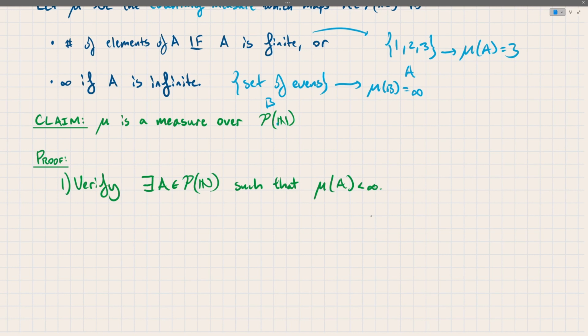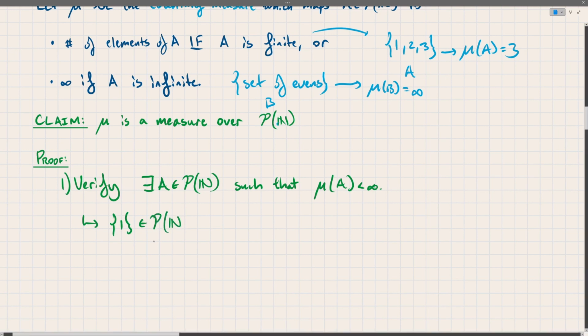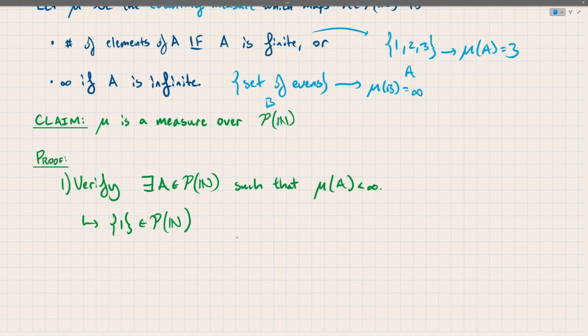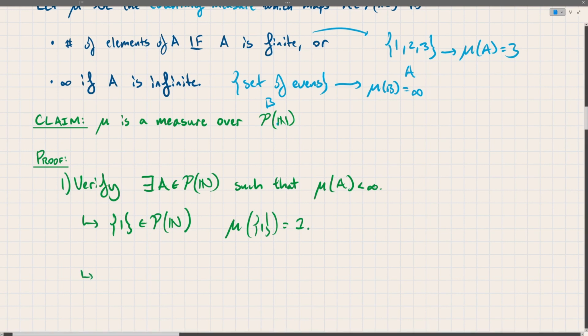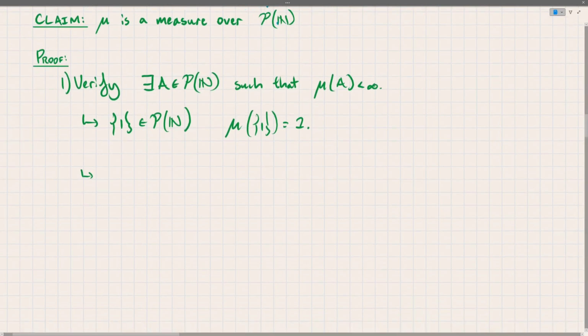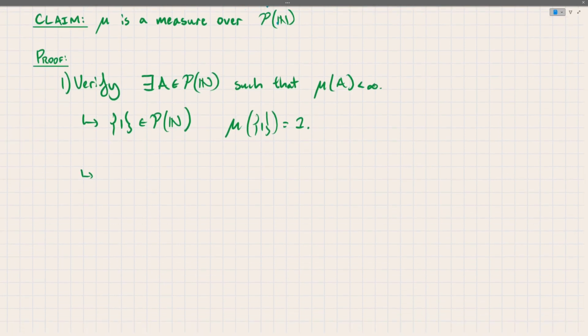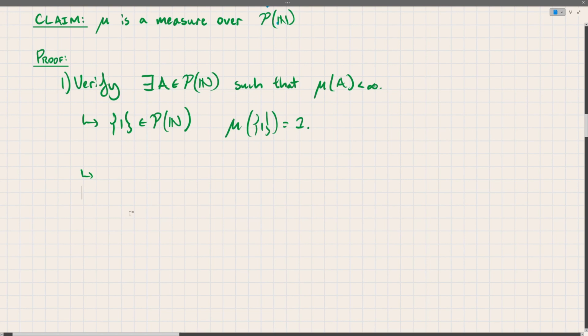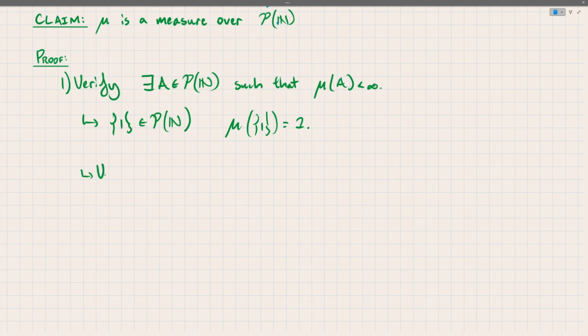Well, this is obvious. So just take the set containing 1. Or you could just take the empty set, which has no elements, so the measure would be 0. But in this case, mu of the set containing 1 is equal to 1. Okay, that's no big deal. Now the second, we're going to need to do some case chasing. Okay, so we're going to start. We need to verify